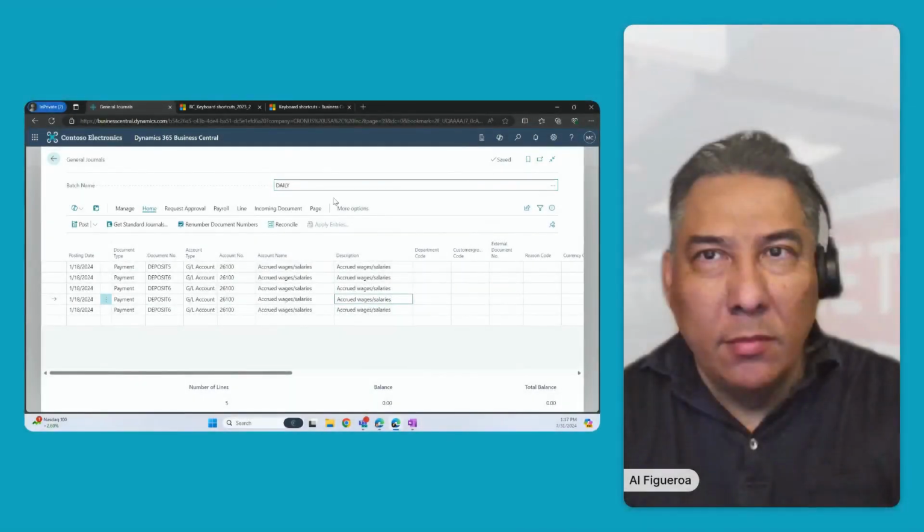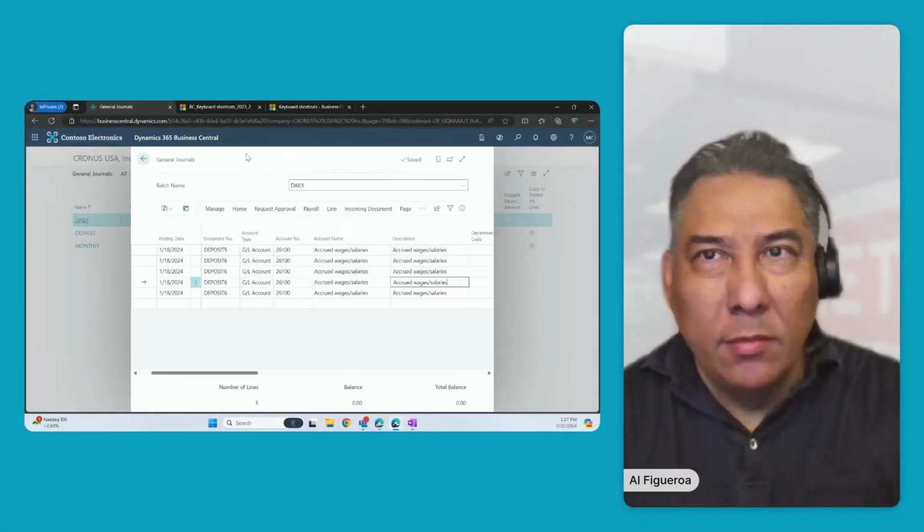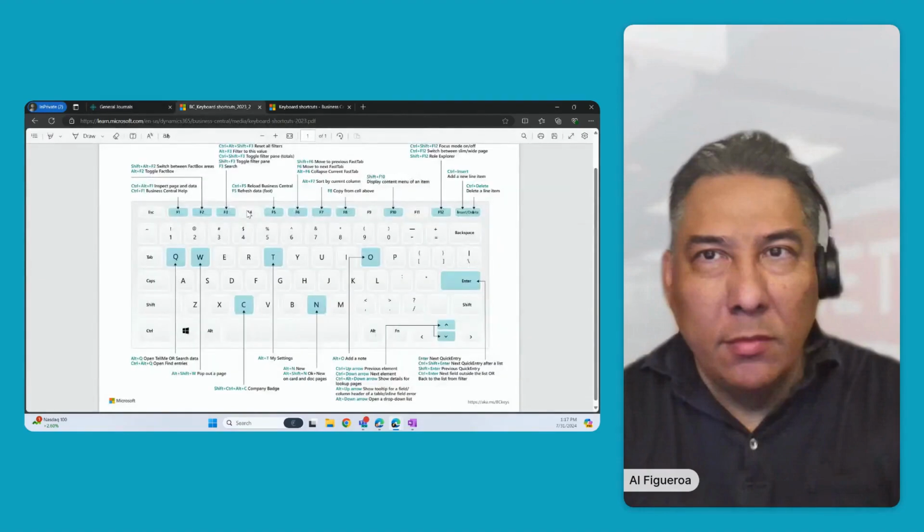Also, sometimes we want to put this into a different page, perhaps, in another monitor. So the command there is going to be a Alt Shift W,